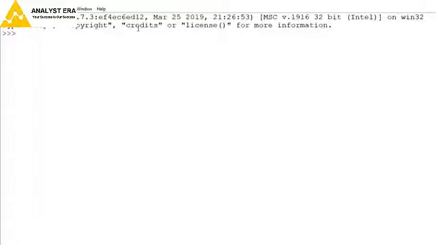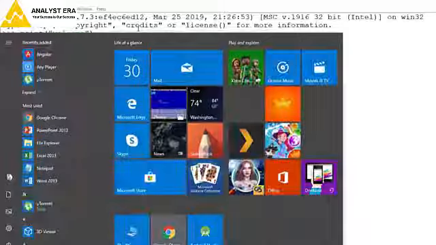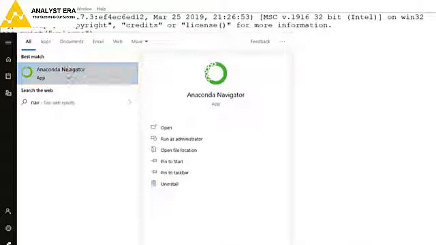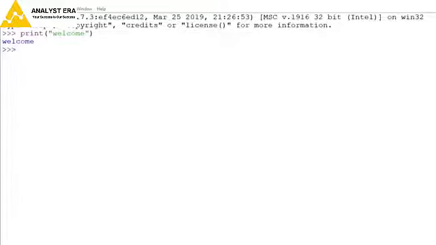Like that in Python I can use print. So print welcome, just press enter, and it will be displayed. This is an IDE called the shell. And then we can use Anaconda Navigator. This is open source, and it takes a few minutes to open.